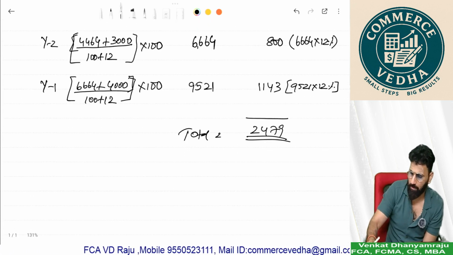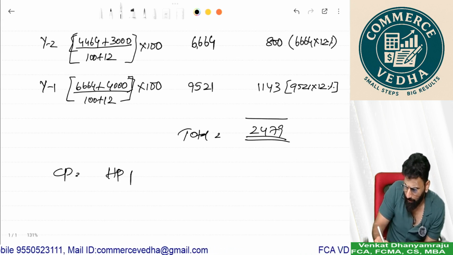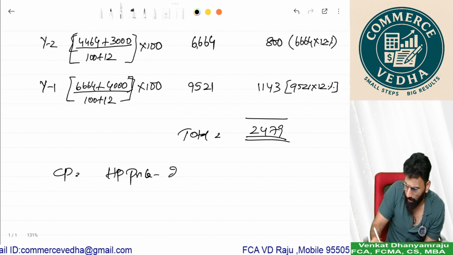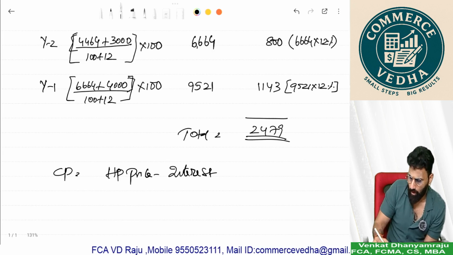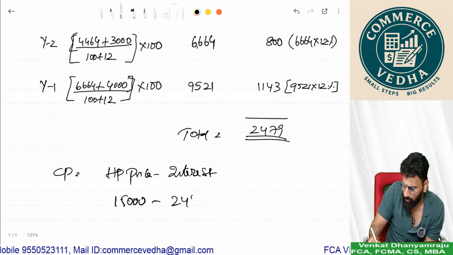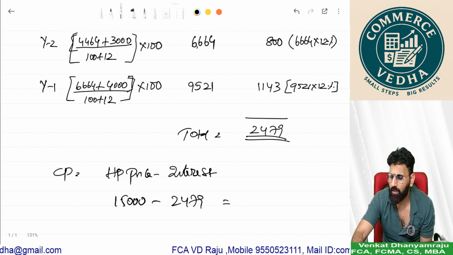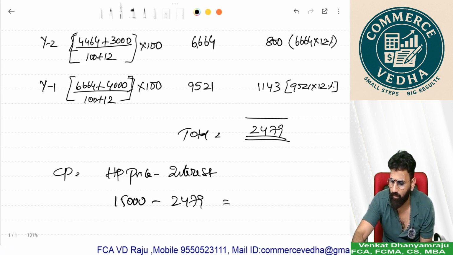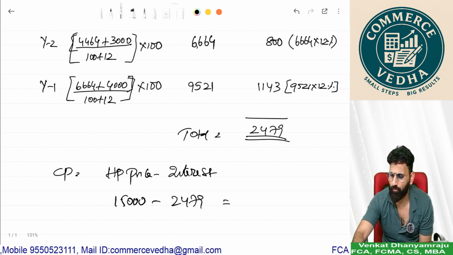Now cash price equals hire purchase price minus interest. So your hire purchase price is 15,000, interest is 2479. Your cash price is 15,000 minus 2479,